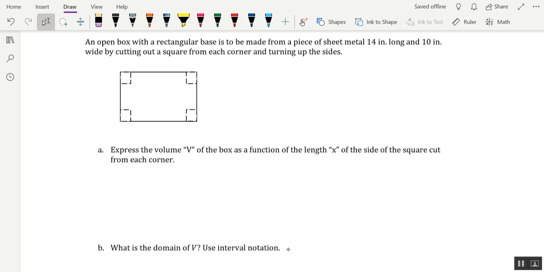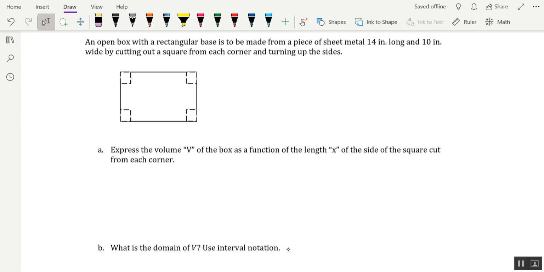It's Mr. C here, and in this video what I'm going to do is show you how to set up the volume function based on what I like to call the box problem. It says here that an open box with a rectangular base is to be made from a piece of sheet metal 14 inches long and 10 inches wide by cutting out a square from each corner and turning up the